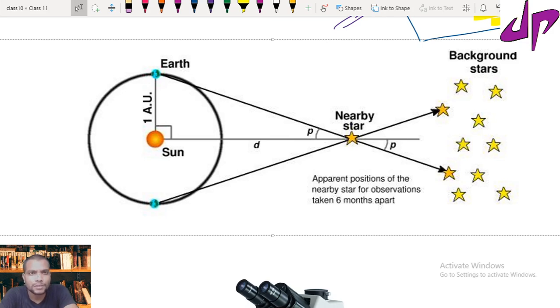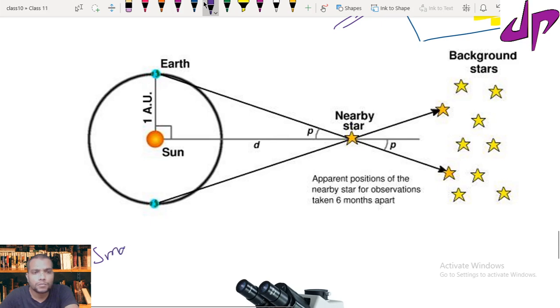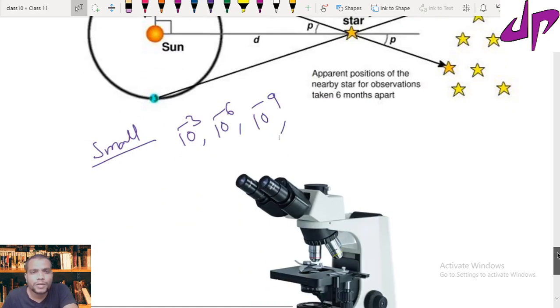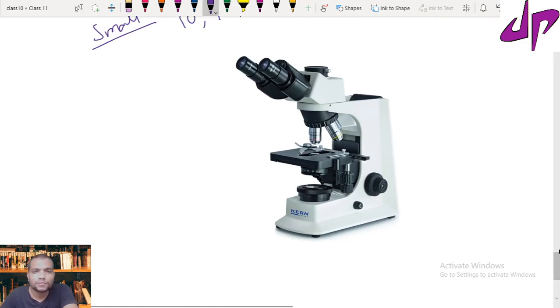Now in today's class I would like to discuss how to measure small lengths. Small means on the order of 10 power minus 3, or smaller than this, 10 power minus 6, or smaller still, 10 power minus 9. To measure the order of 10 power minus 3, which we call milli,